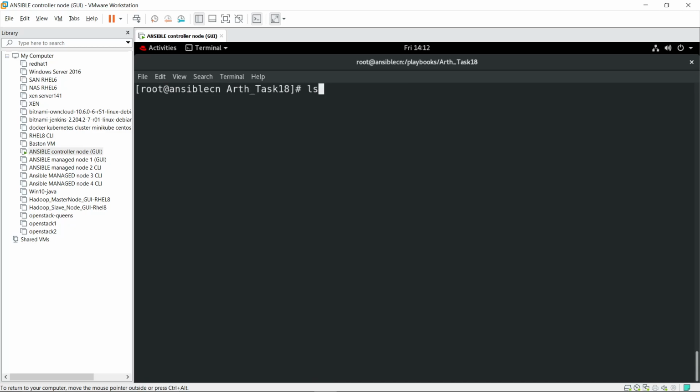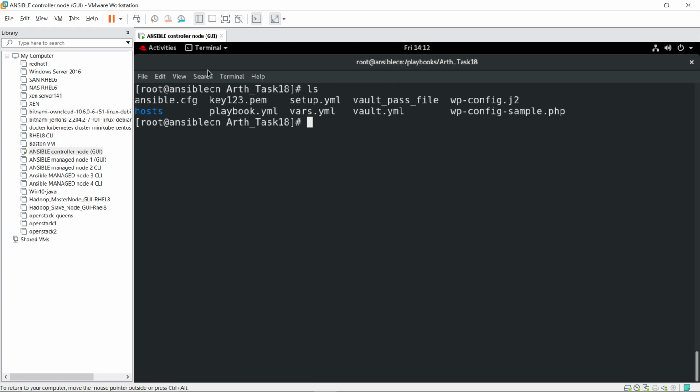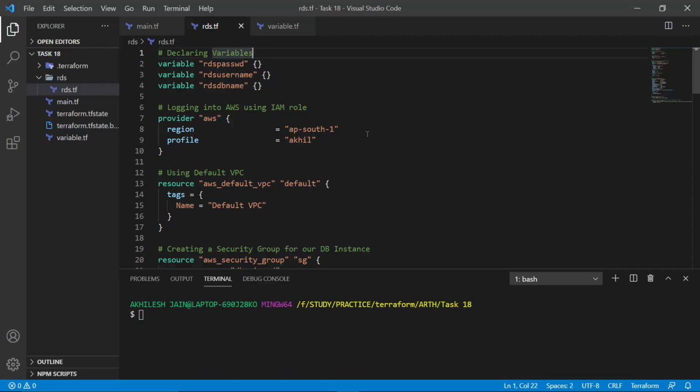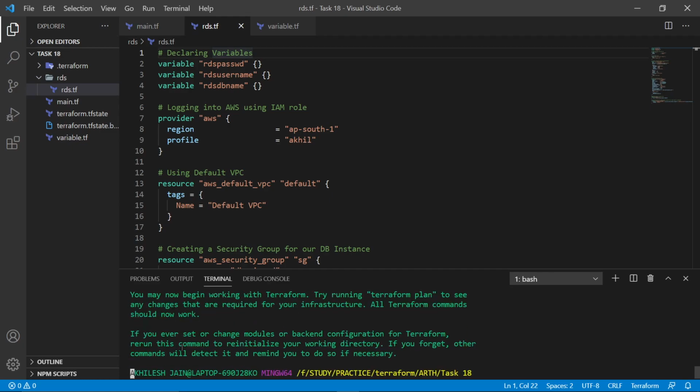So this is the folder, and these are the files. This will create the EC2 instance, configure it, and install WordPress on top of it, whereas this Terraform will install the RDS service, and I have written some code which will automatically connect them. So we will see. First we will create the RDS service. This is the command terraform init. First we will be installing plugins.